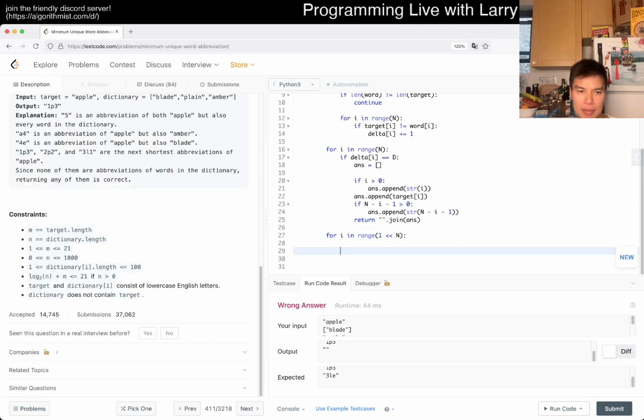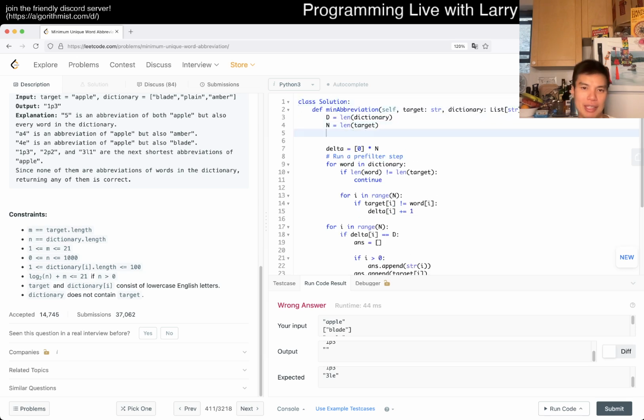Because bitmask is, I think, a little bit slower, depending on how you structure it. But okay, so that means that we have a best answer and also a best length. Remember that the best length is a little bit different, so that's why we need a separate best length,